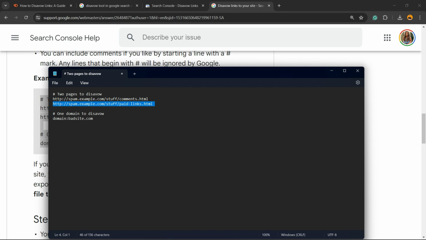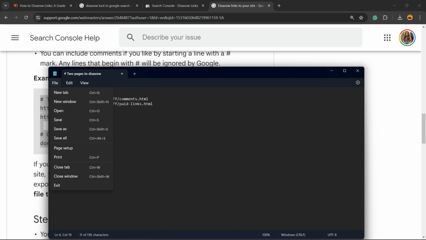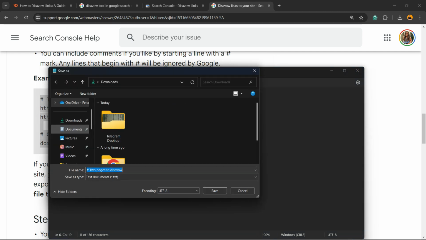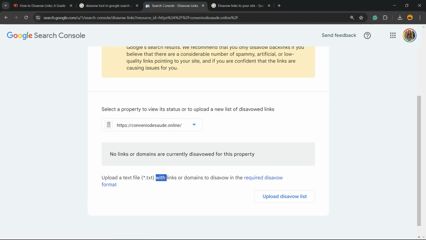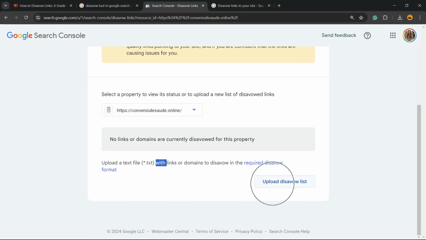And if you are worried about an entire domain linking to your site, you can enter the problematic domain right here. Now we're going to move to File, Save As. Now you're going to save it as .txt